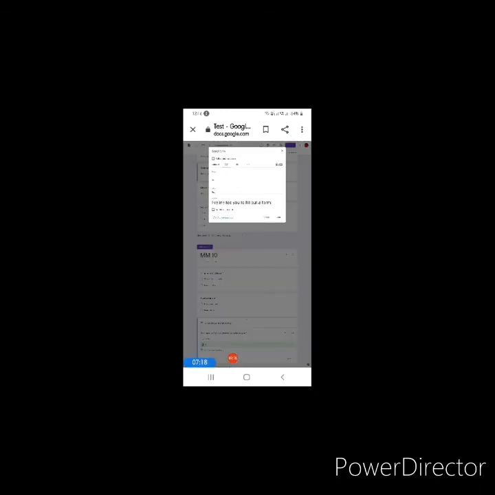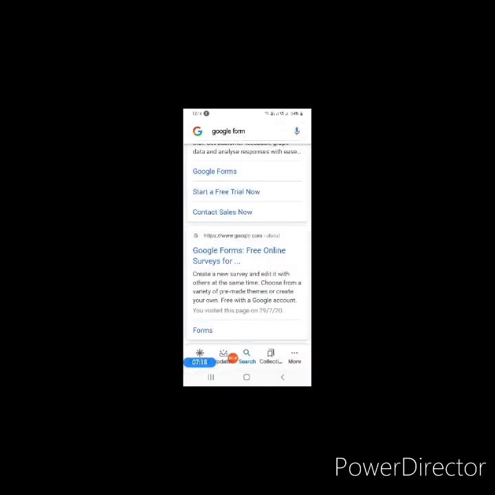Now it will ask different ways in which we want to send. I will be giving it through a link. It is a very big link, so we have to shorten the link, copy it, attach it in your WhatsApp or in your mail, and send it to whomever you want to send. So this way we can do